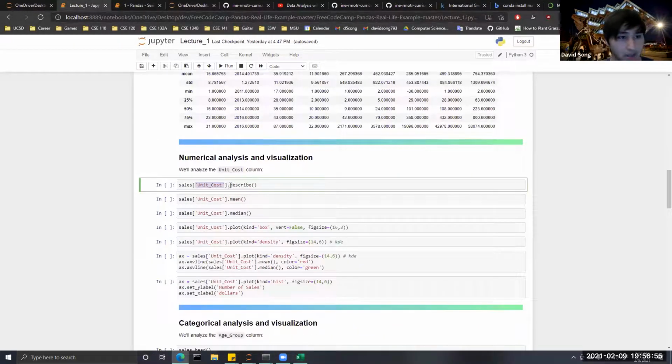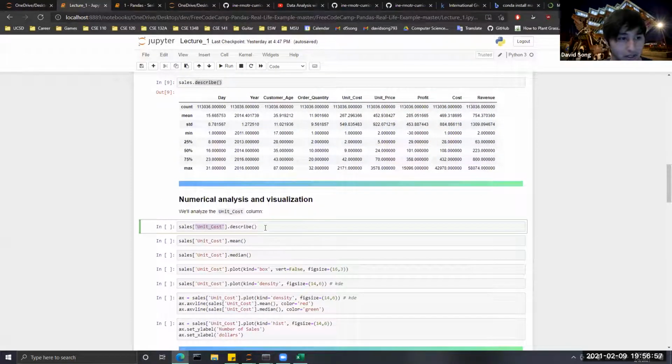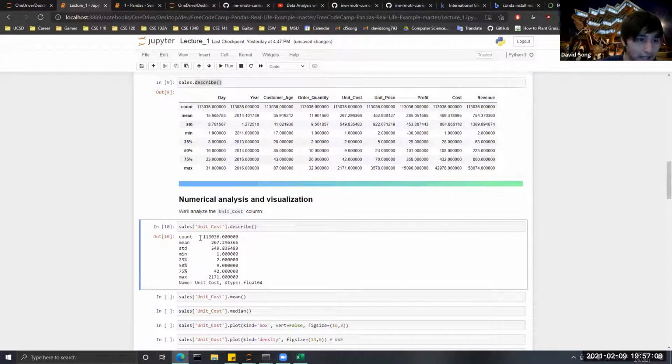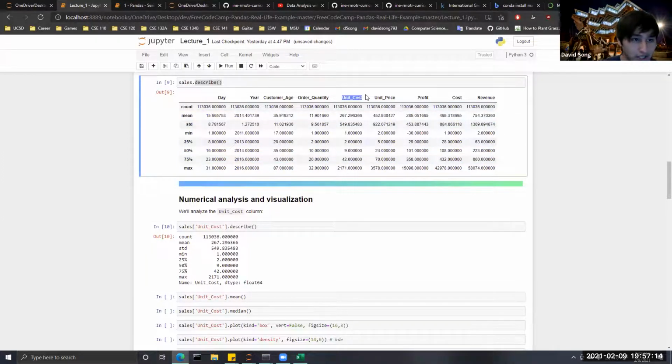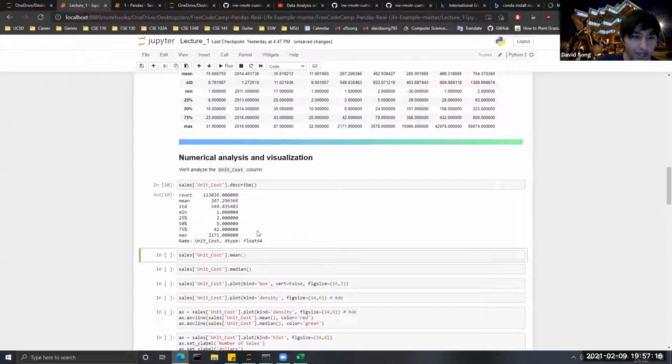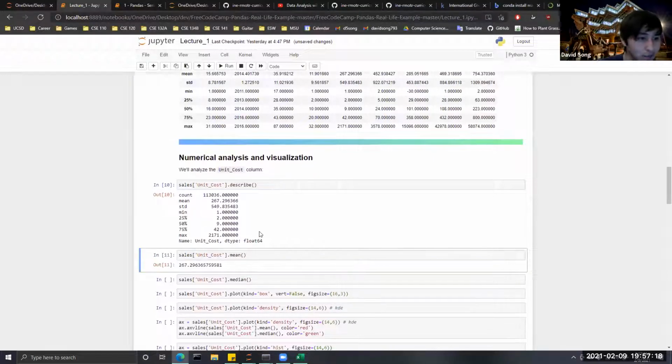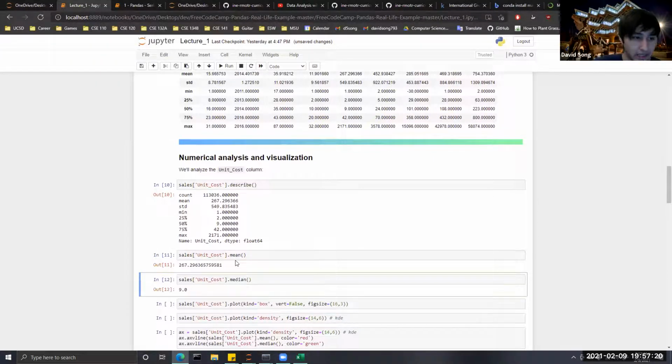Well, similarly, we're indexing by the cost here. Okay, and we're taking this column, which is unit cost, and we're saying, okay, describe only this column. And that returns all of these values in this table, but only for unit cost. And we can get even more specific with mean, median,